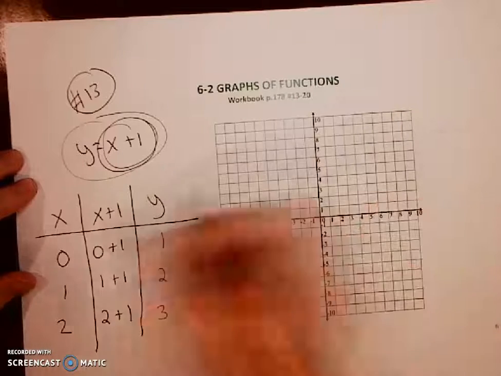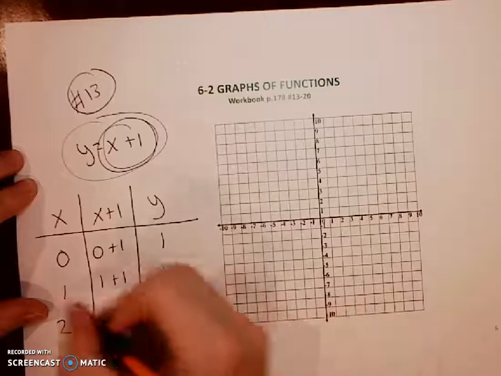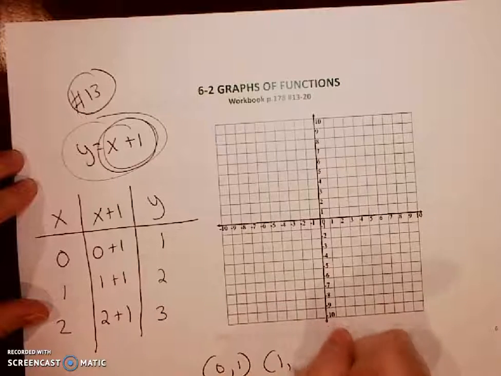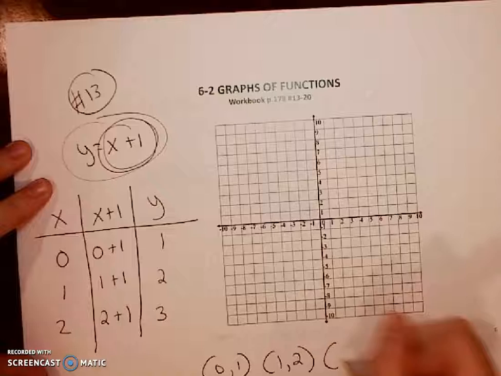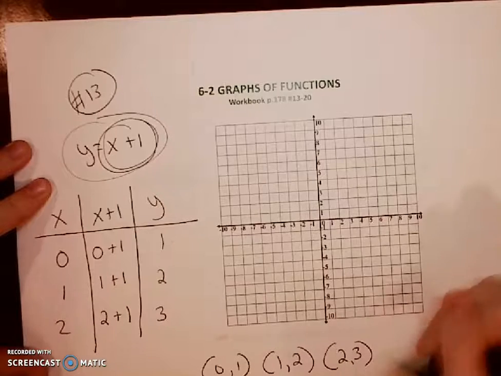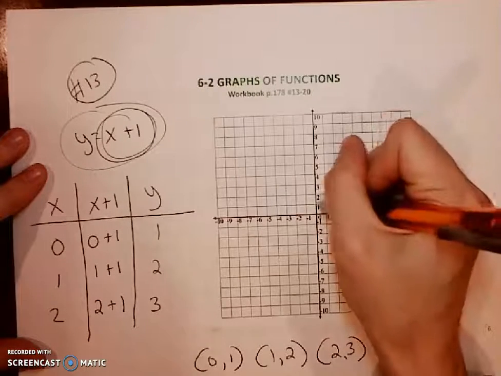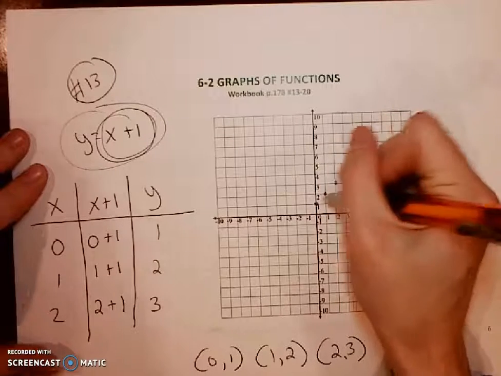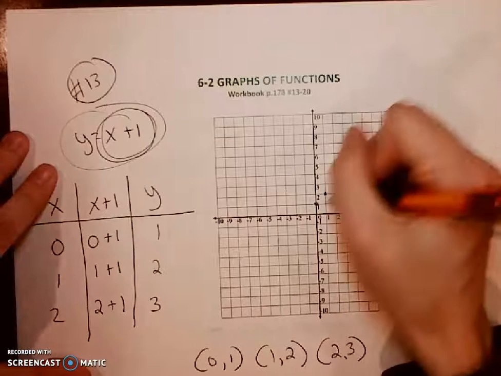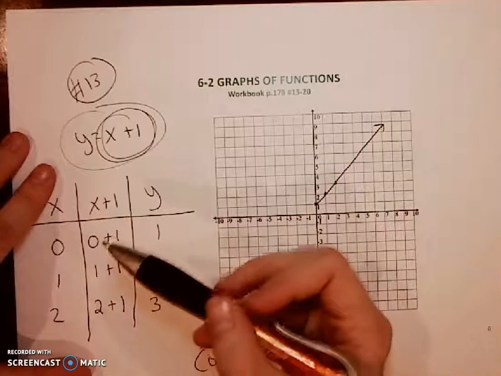And these are my new coordinates, so 0 and 1, right, that's my first coordinate. And then 1 and 2 is my second coordinate, or ordered pair, okay? And then 2 and 3 is my third coordinate, and I'm just going to plot these. So 0, 1, 1, 2, and 2, 3. Okay, I know the book says to graph them. If you don't have graph paper at home, guys, that's no big deal, all right? I just want you to understand how to